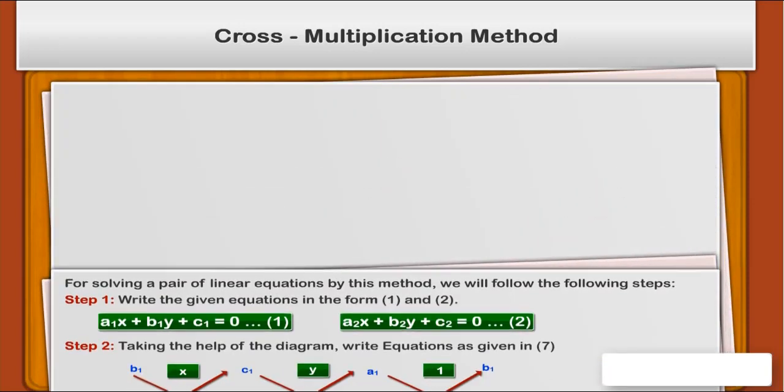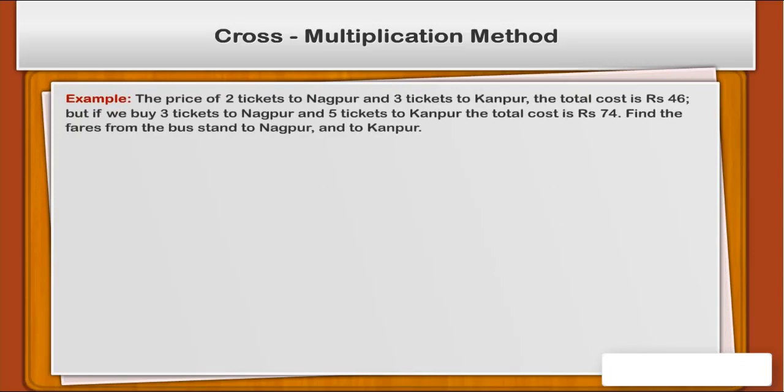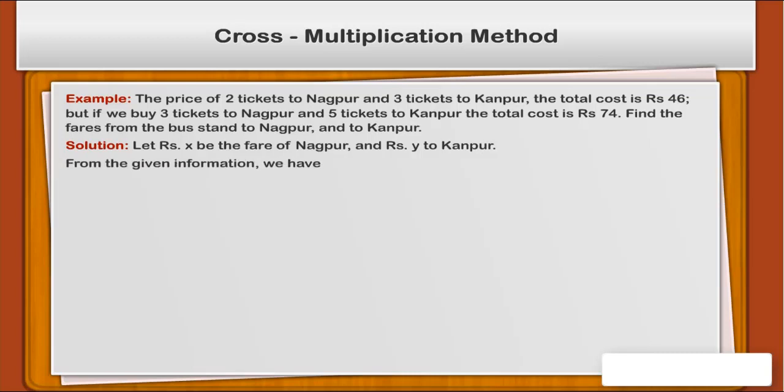Let us take an example for better understanding of the given method. Example: the price of 2 tickets to Nagpur and 3 tickets to Kanpur, the total cost is Rs 46. But if we buy 3 tickets to Nagpur and 5 tickets to Kanpur, the total cost is 74. Find the fares from the bus stand to Nagpur and to Kanpur. Let Rs x be the fare of Nagpur and Rs y to Kanpur. From the given information we have